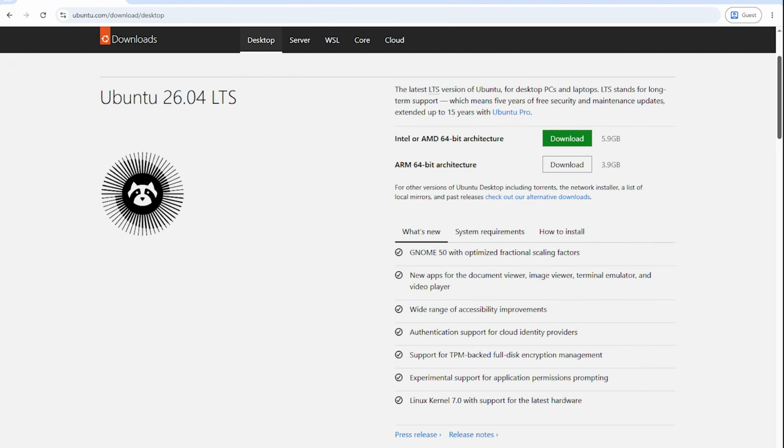Ubuntu 26.04 LTS has officially arrived, bringing the latest Linux technologies, improved hardware support, updated desktop experience, security enhancements, and long-term support for years to come. In today's video, I'm going to show you exactly how to perform a complete installation of Ubuntu 26.04 from start